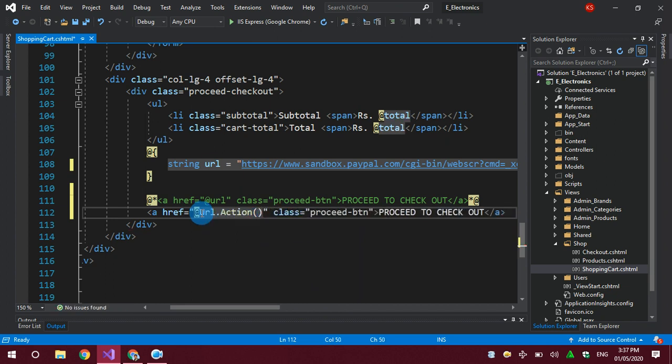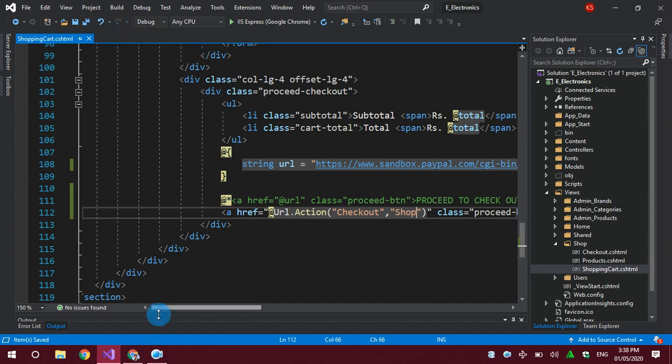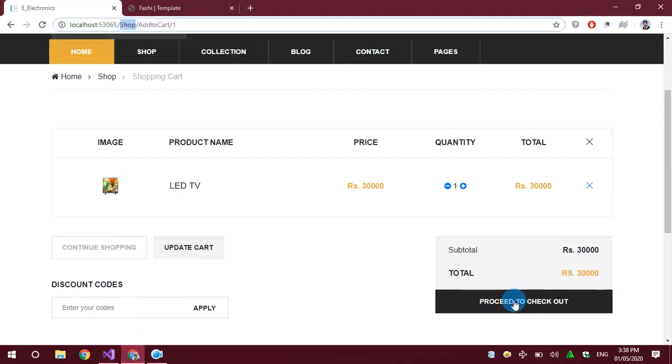The action will be the checkout action, which is payment confirmation, and it is in the shop controller. Now when I click on this button, it will go directly to the payment confirmation page without going to the PayPal method.